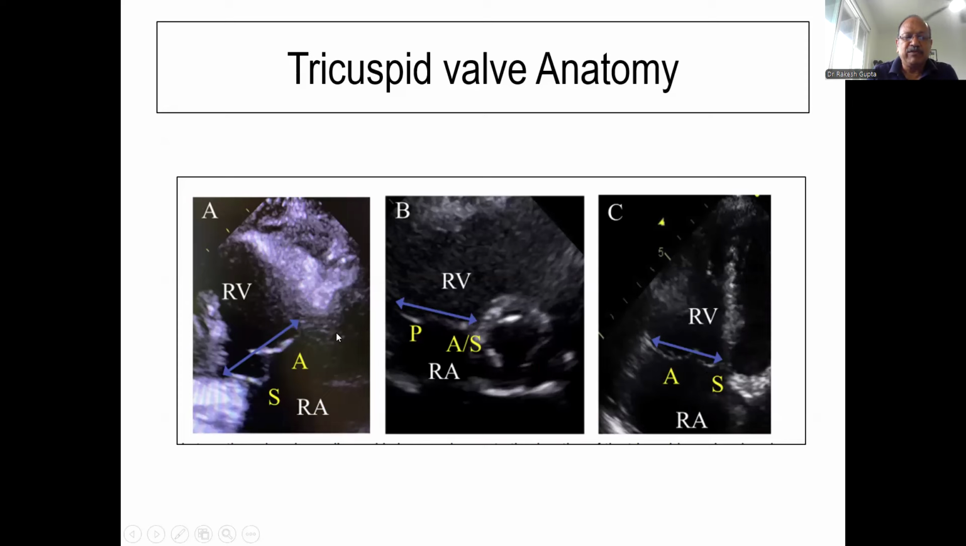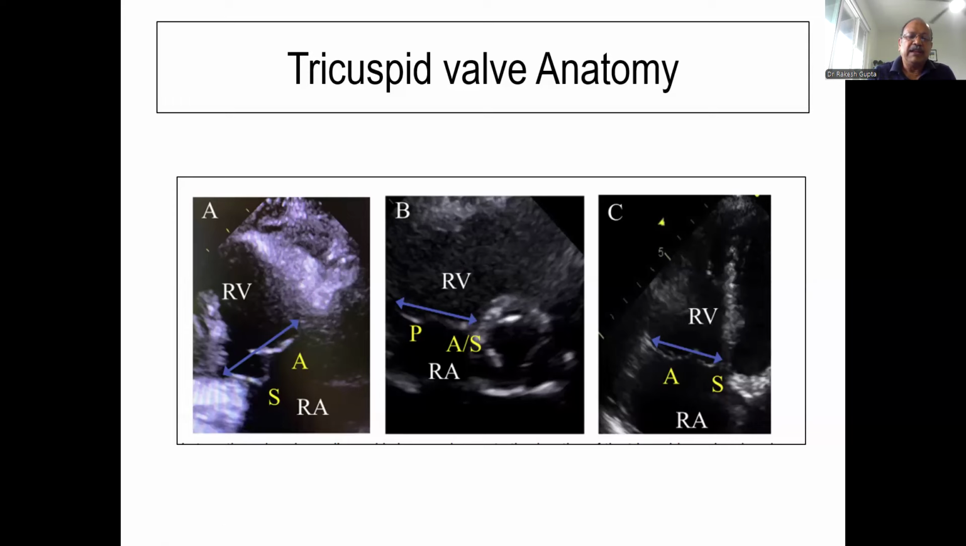If you look very carefully, whether it is the RV-RA inflow view or the focused RV-RA view, the septal leaflet is always there. Anterior leaflet is always there. However, the orientation is a little different. The only question comes, where is the posterior leaflet? The posterior leaflet is always seen in the parasternal short axis view at aortic level. So whenever we ask a question, we always ask, where do we see the posterior leaflet? And in tricuspid valve, we always see it only in the parasternal short axis view at